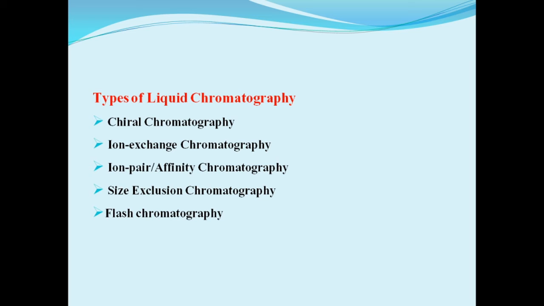Next, flash chromatography. Instead of relying on gravity to separate the compound, an inert gas like nitrogen is used to push the liquid mobile phase through the solid stationary phase at a much faster rate than gravity in normal or reverse phase chromatography. This process uses precise pumps or vacuums and can be more expensive. It is sometimes known as medium pressure chromatography because it uses less pounds per square inch than HPLC.